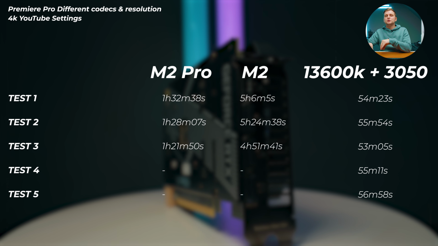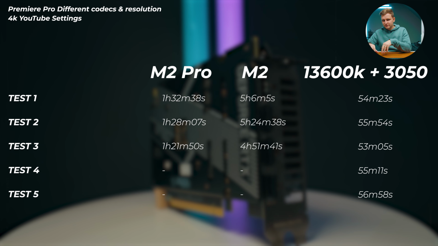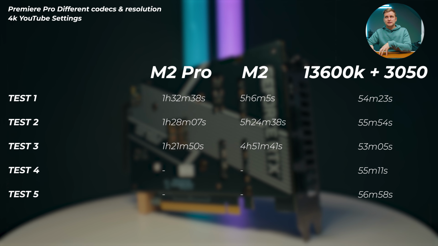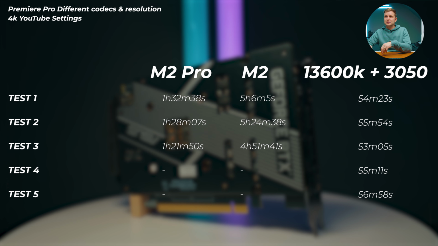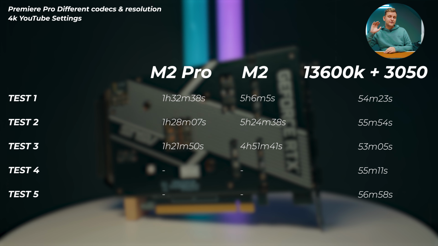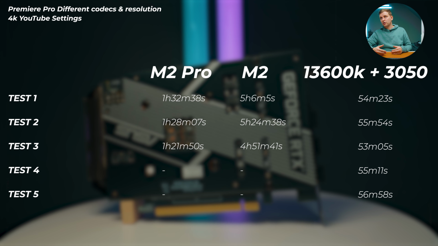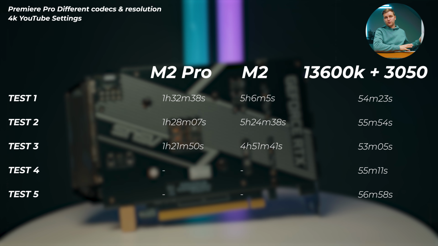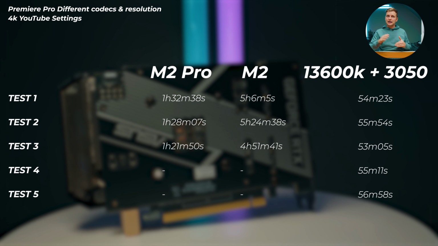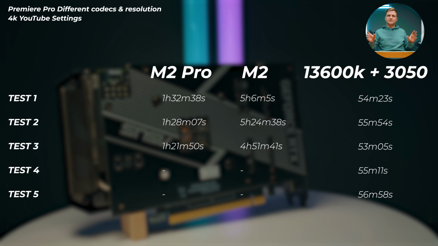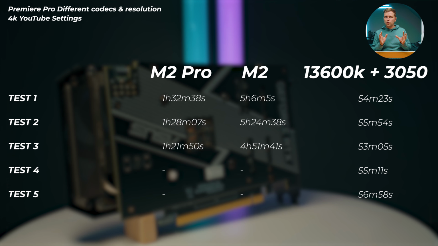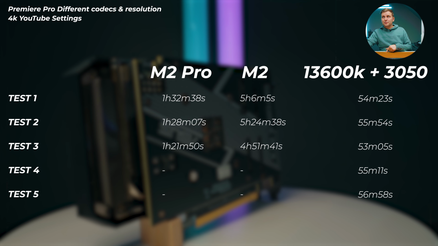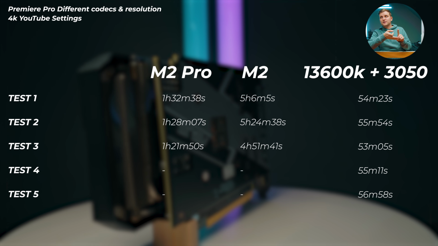When we're looking at the M2 base model with just 8 gigabytes of RAM and 250 gigs of SSD, it took 5 hours and 6 minutes, 5 hours and 24 minutes, 4 hours and 51 minutes. So over the 5 hour mark to encode this. It's 4 times as long as the M2 Pro, which is just insane. It shows again that the upscaling, downscaling and frame rate handling doesn't work so well on the M2 devices. But the Windows PC completed it in 54 minutes, 55, 53 minutes, 55 minutes, 56 minutes,